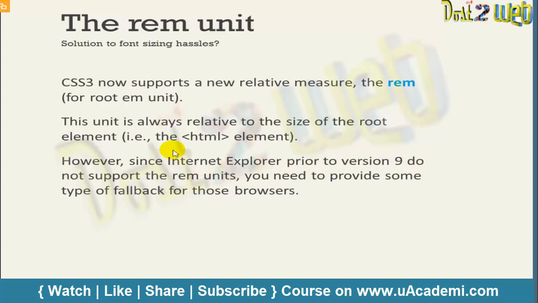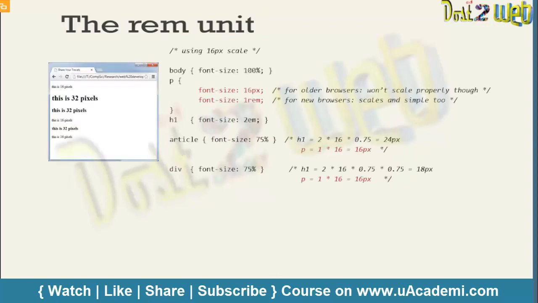updated version. Then how you are going to use this rem unit? You can see the example, same for 16 pixel. What you are going to do here, we are going to make the font size 100% for the body, because this is the entire default. Now you are defining the paragraph 16 pixel, and you are defining font size again 1 rem. You can see here rem, root em.